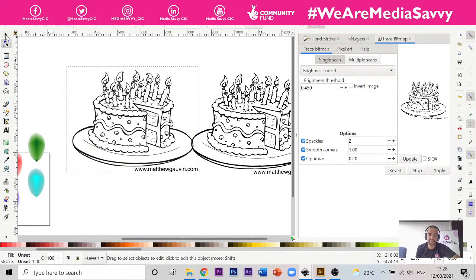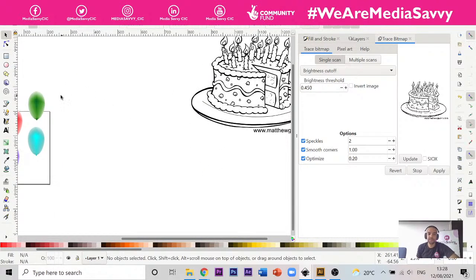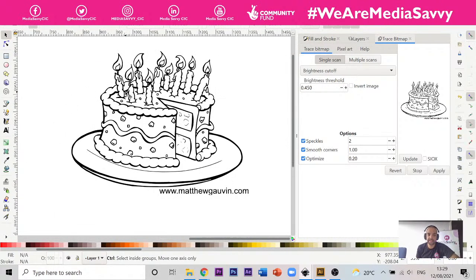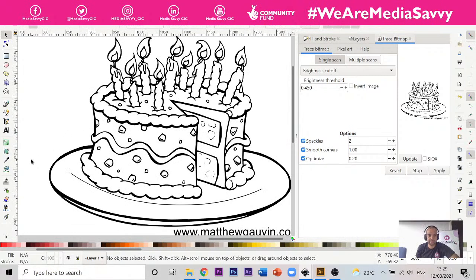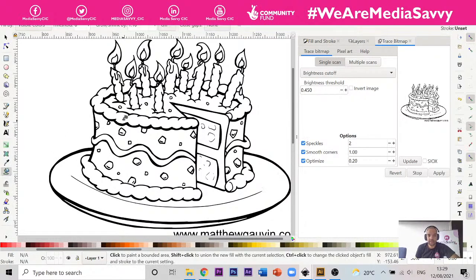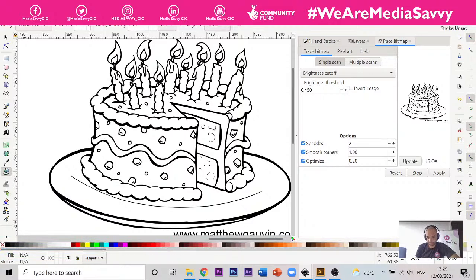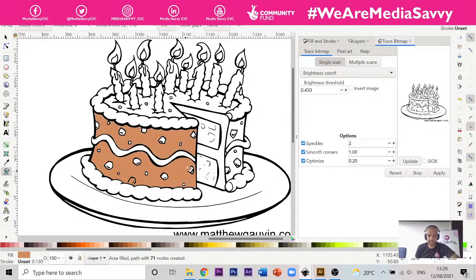So I'm going to get rid of this now because we don't need it. We've converted it to a vector, which now means we can use this paint bucket tool and start coloring it in. So you click the paint bucket tool, and at the bottom of your Inkscape window here, you've got loads and loads of different colors. So I'm just going to quickly color this cake in, okay. I'm going to choose a brown. I'm going to start maybe a bit more of a brown here, start coloring it in,